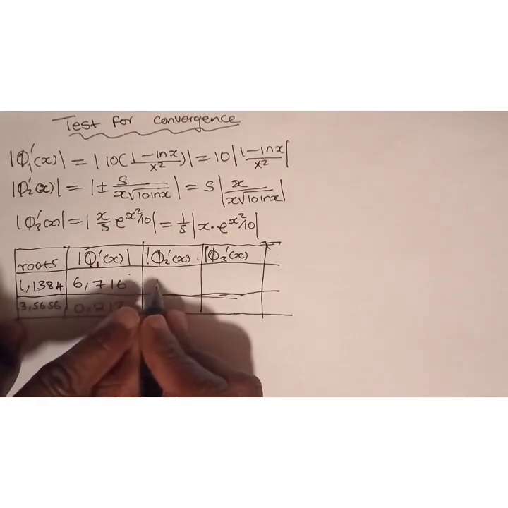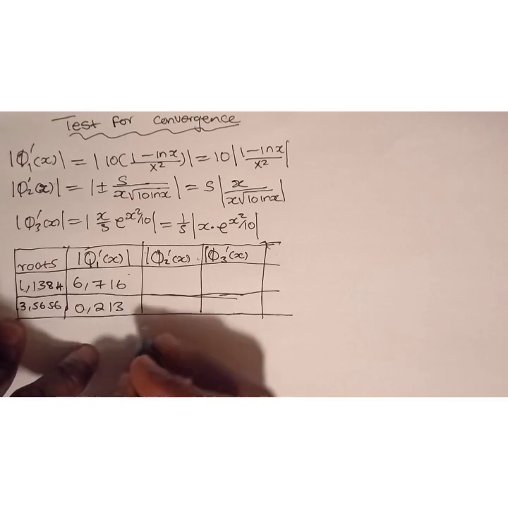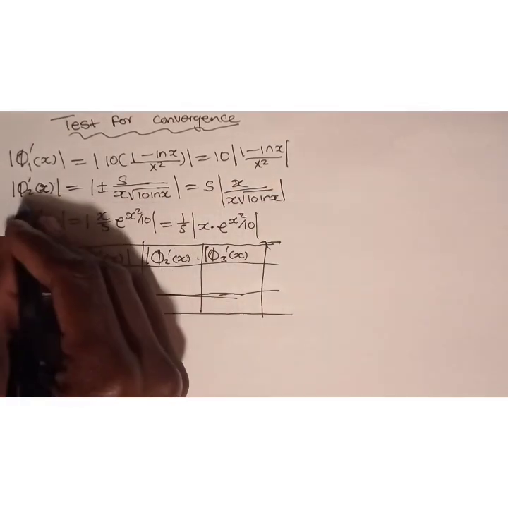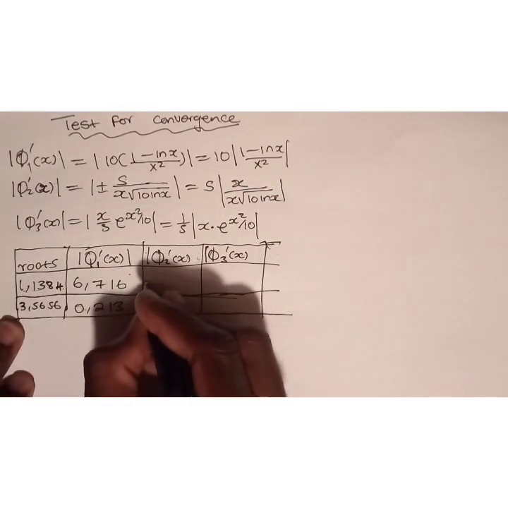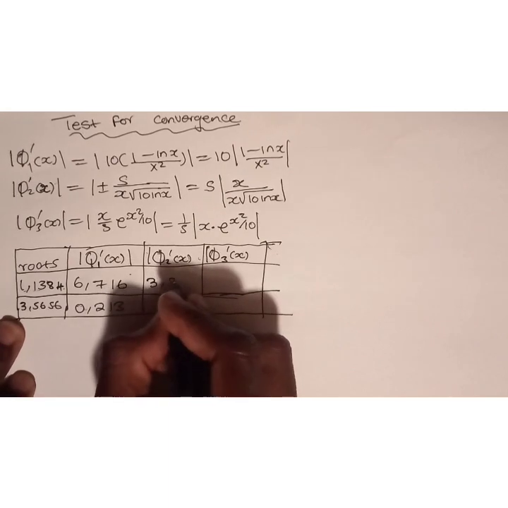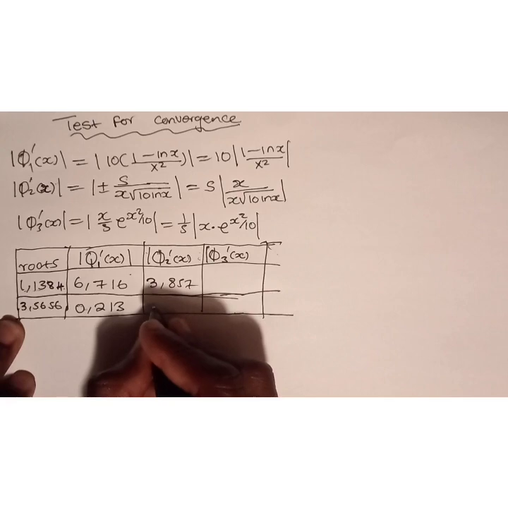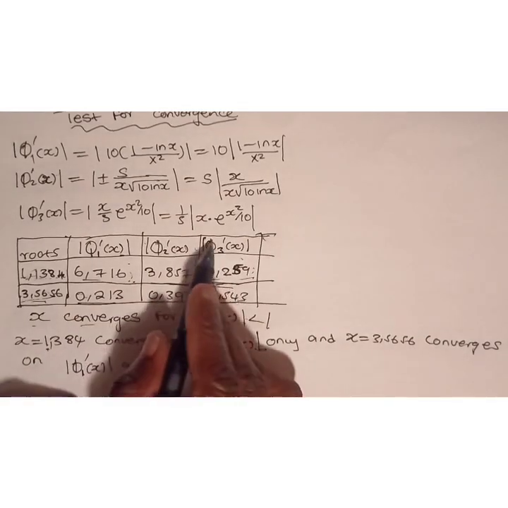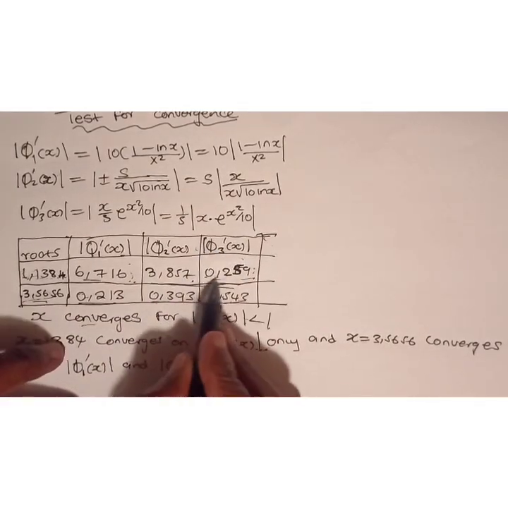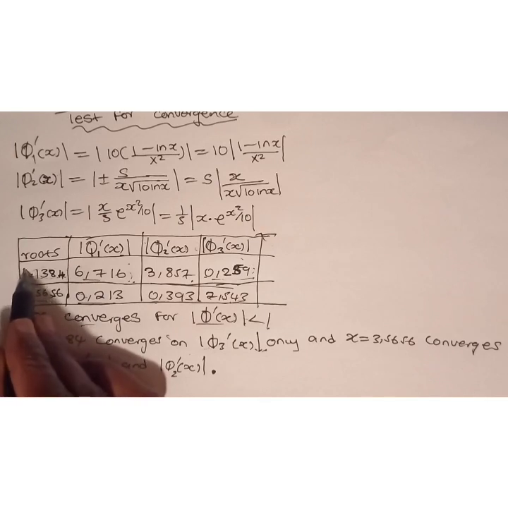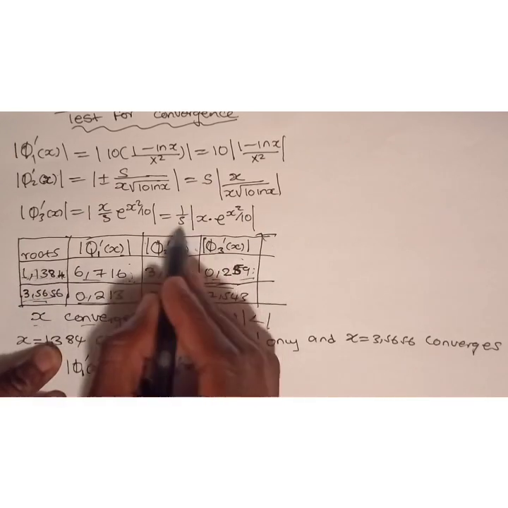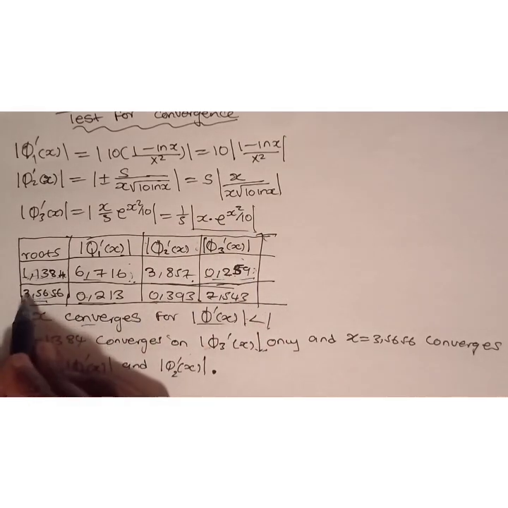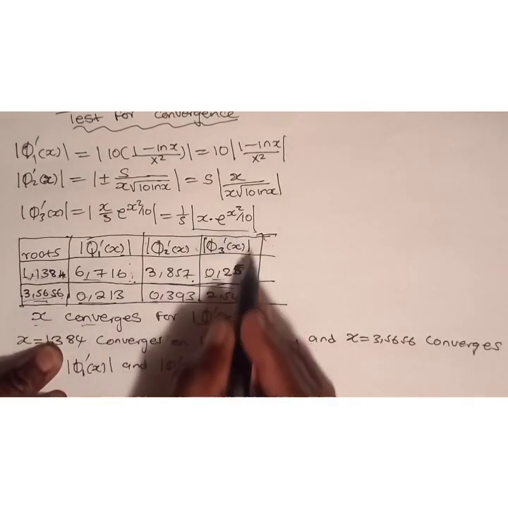Proceeding further, for the second one, if I plug this root into phi prime of 2, absolute value, I'll get the value here as 3.857, and here I'll get the value as 0.293. Lastly, for the absolute value of phi 3 of x, I substitute my value 1.1384 here, and I'll get 0.259. I substitute this value 3.5656 in here, I'll get